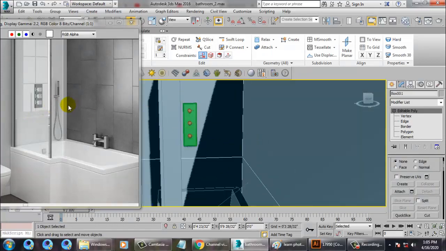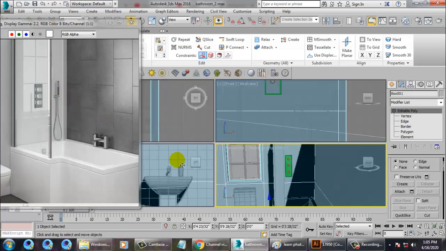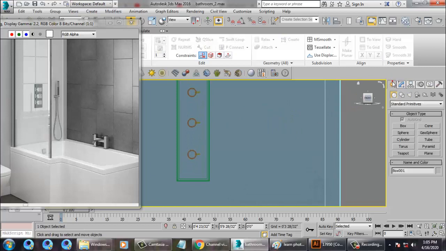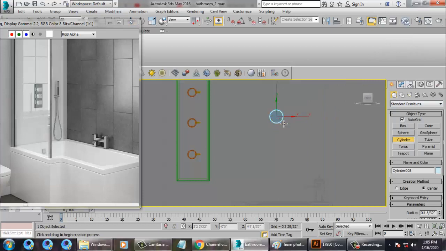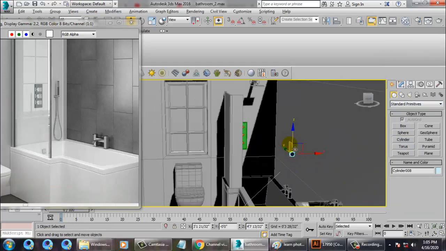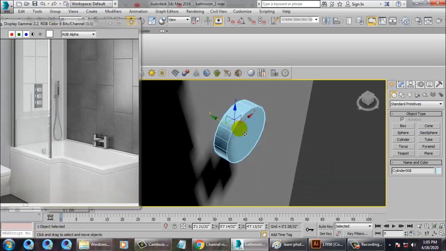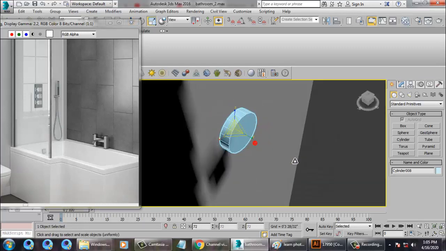Sorry, this one, hand shower. So let's create that. So before that, let's take one cylinder over here. Let's create a cylinder and let's push the cylinder in the right position.